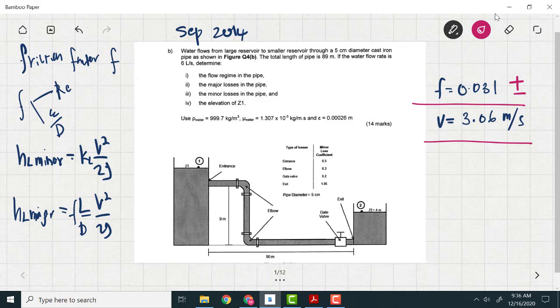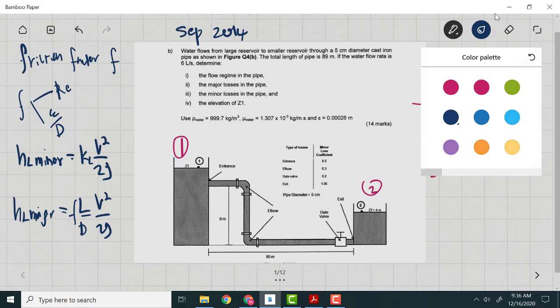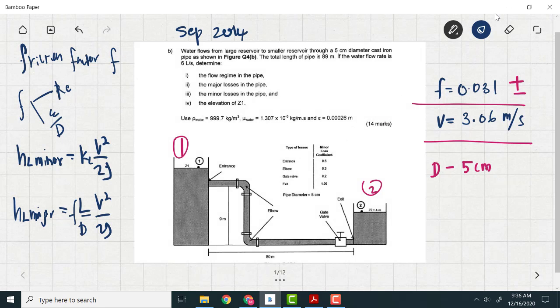Okay, right. So we have water flow from a large reservoir here to a smaller reservoir through a 5 cm diameter cast iron pipe. So the diameter of the pipe D is equal to 5 cm. Okay, show the figure, the total length of the pipe. So total length, panjang pipe tu adalah 89 meter. Okay, if the water flow is 6 liter per second,